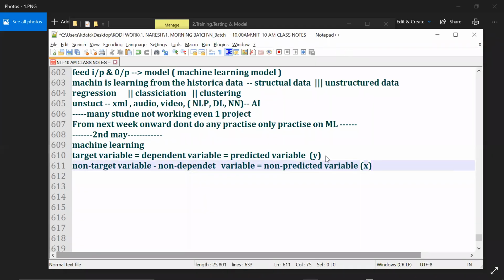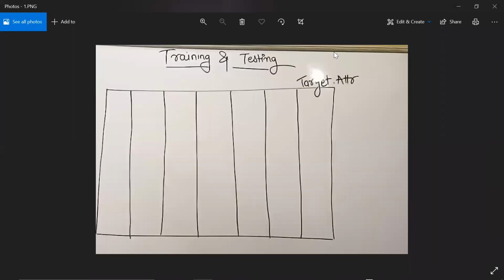Now let's say in the data, guys, I always believe in the practical and in pictorial representations. Let's say this is the target variable. What do we call this one? Non-target attributes. Can I call it that or not? So if I say x1, x2, x3, x4, x5, x6, what could this one be? Y. Got this logic?